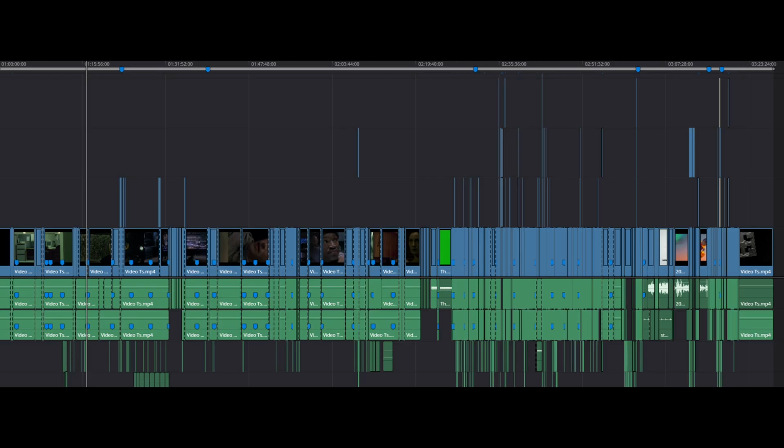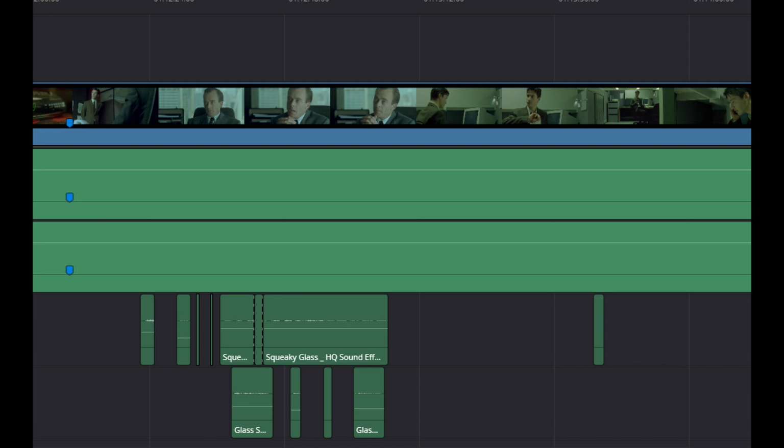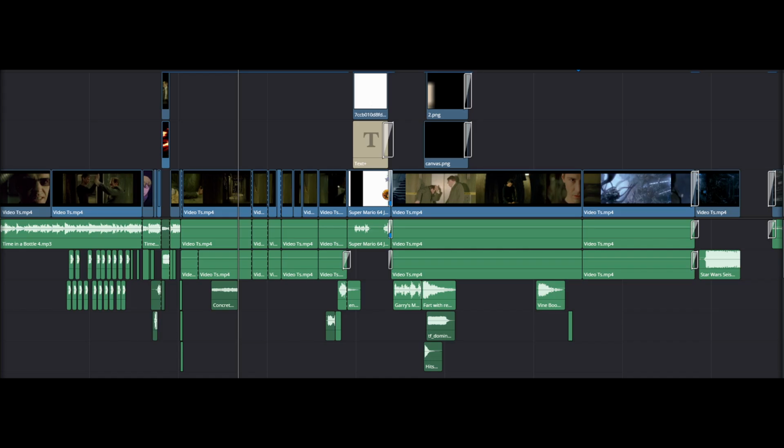Now, we add our edits. Typically, you want to have less edits near the beginning, or at least more subtle edits near the beginning, and ramp up as you go on. Subtle edits include adding more squeegee sound effects in a scene in which windows are being washed, or repeating the same clip several times in a single scene. About halfway through the film, you will include a rug pull moment in which, to anyone who hadn't already figured out that something was off, it is the moment in which every single person in the audience will immediately clock that it is an edit. Past this point, you can do pretty much whatever you want. For example, replacing the entire audio in a scene with squeaky toy hammer sound effects and Time in a Bottle.